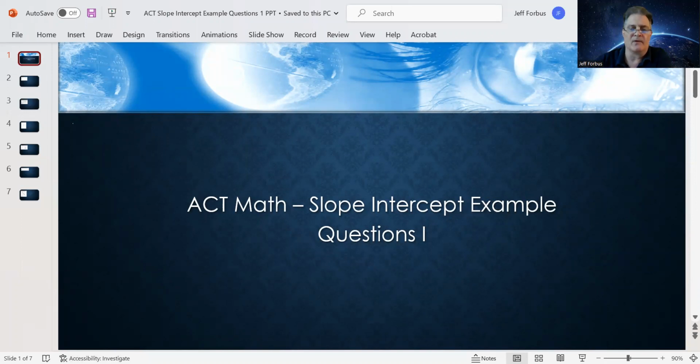This one's going to be centered around the slope intercept math questions you'll find on the ACT. You'll see these on the SAT as well, so this could be helpful to you. I'm hoping that these questions that I go over will give you a good perspective of how these questions have been formulated over many different years, so that it'll give you a good perspective of what you'll face as you get prepared for either the ACT